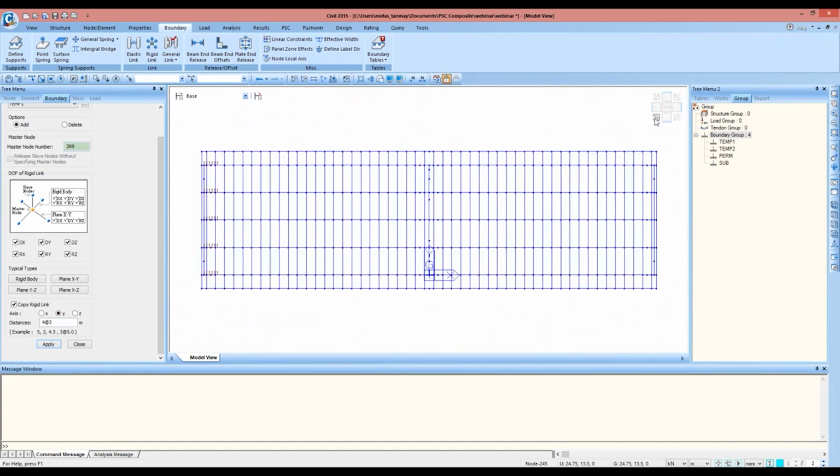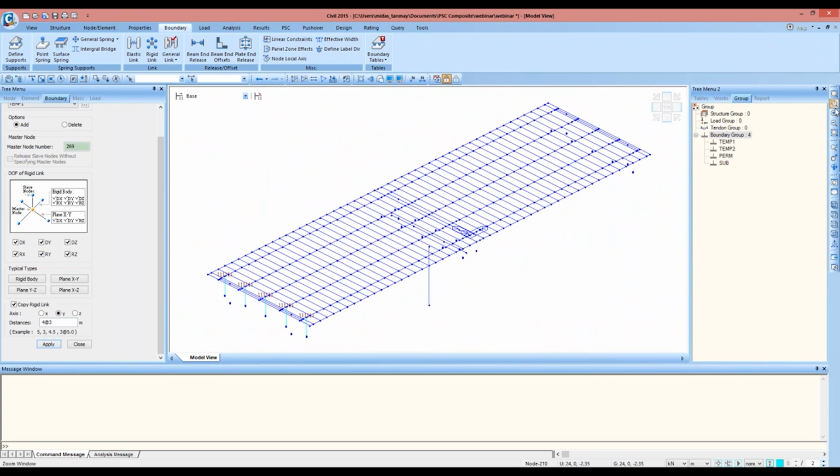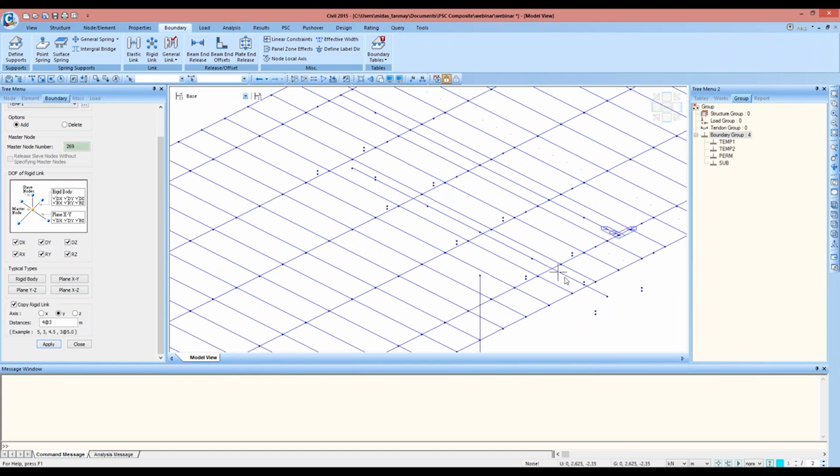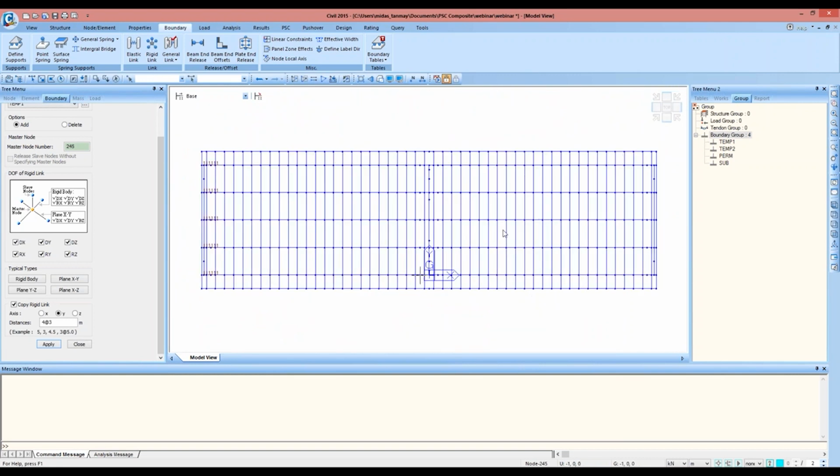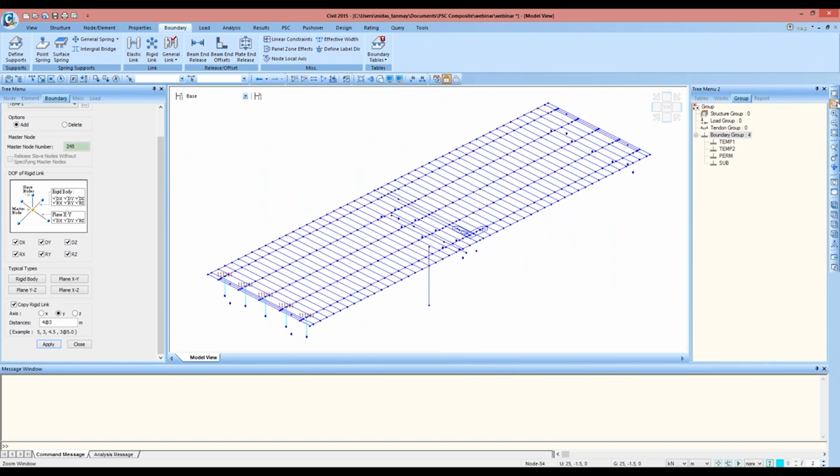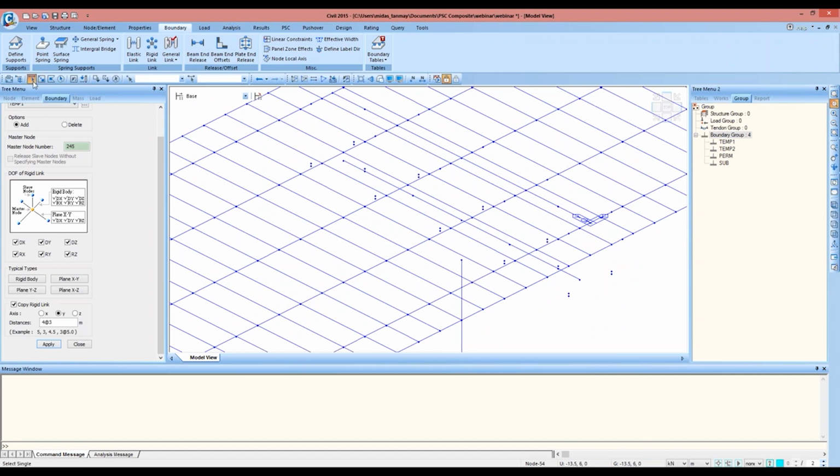The master node will be this one, so I'll select the master node, this one, and then the slave node, that will be this one, and apply. So this has been generated for the first span.